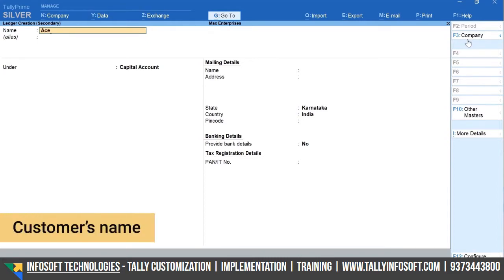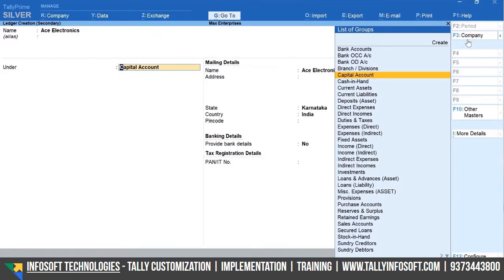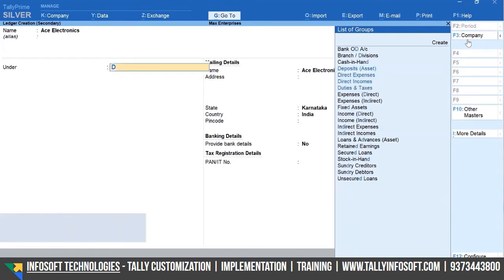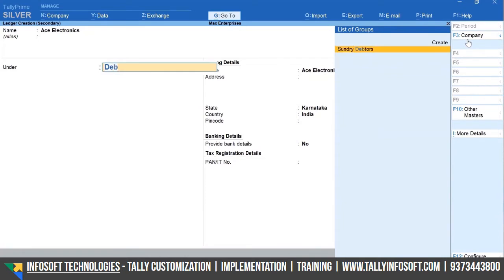Type the customer's name, press Enter, select a group for the ledger from the list. The group helps to identify the type of ledger we are creating. Since this is a customer's ledger, let's select the group as debtors. To select the group quickly, type the first few letters of the group and the list filters down.